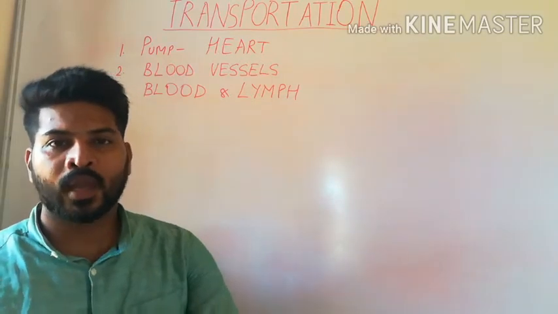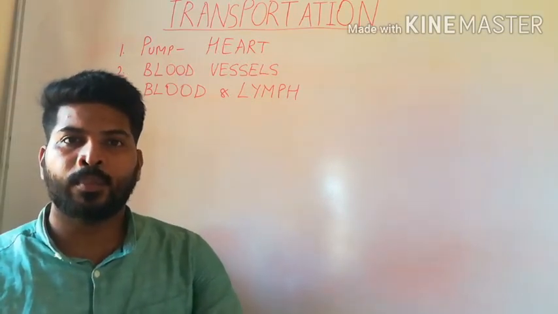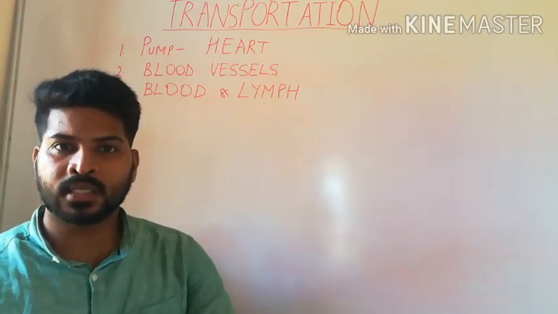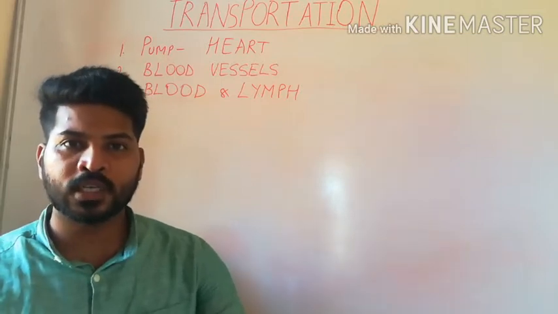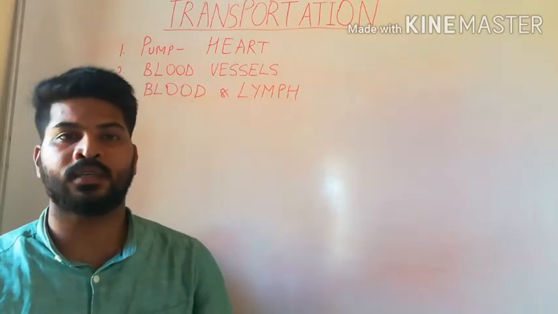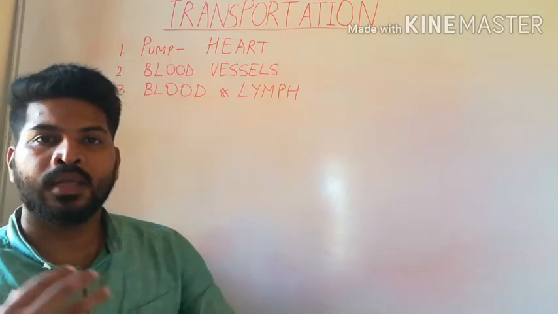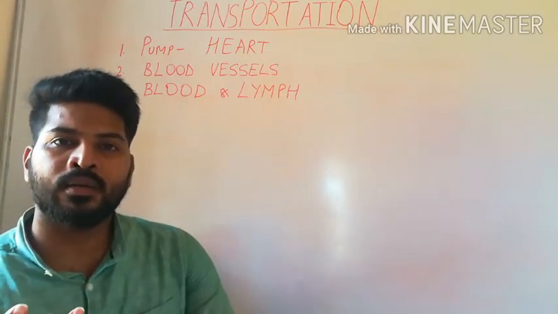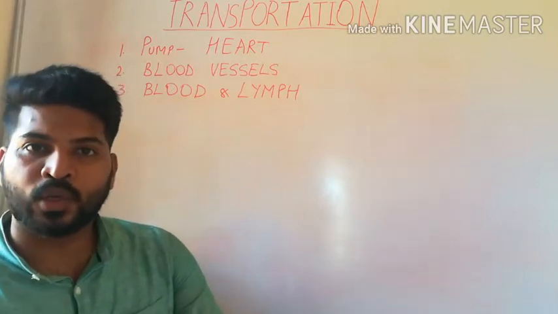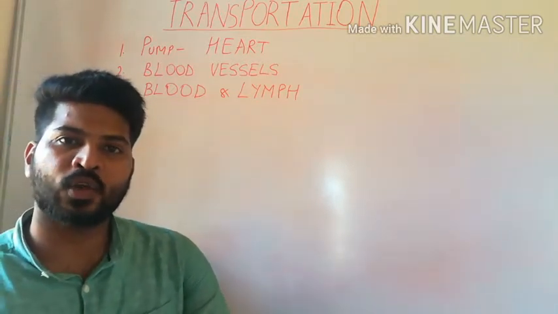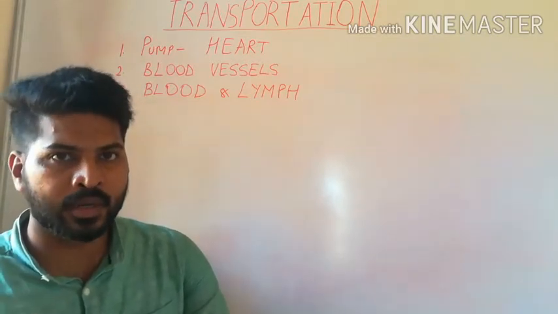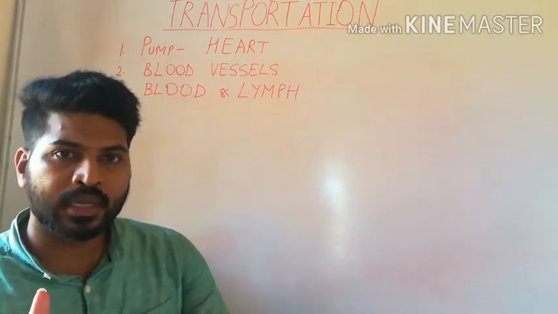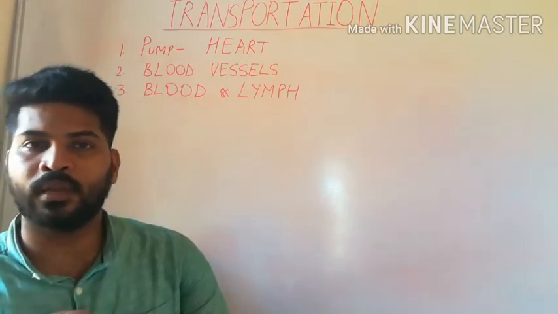Welcome back. We are discussing the lesson Life Processes. In the previous sessions, we have discussed nutrition and respiration. Now, in the process of nutrition, the final products obtained, for example, glucose, amino acids, fats and glycerol, need to be transported from the small intestine to different cells of the body.